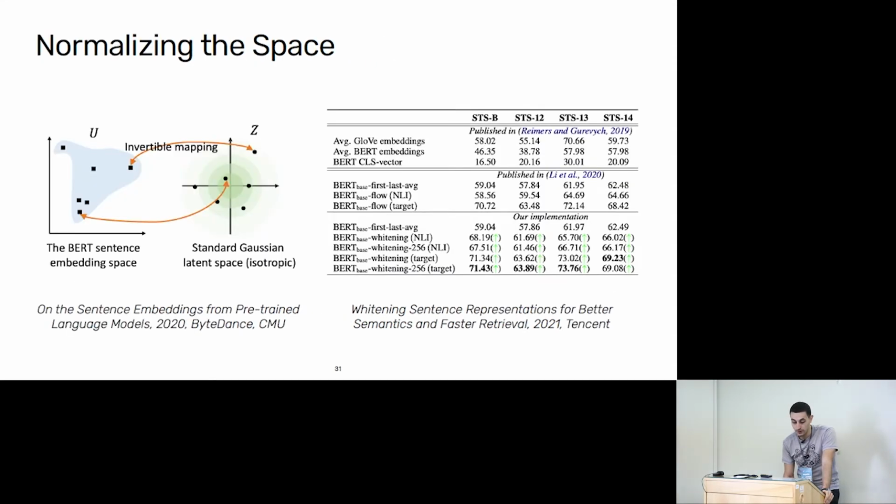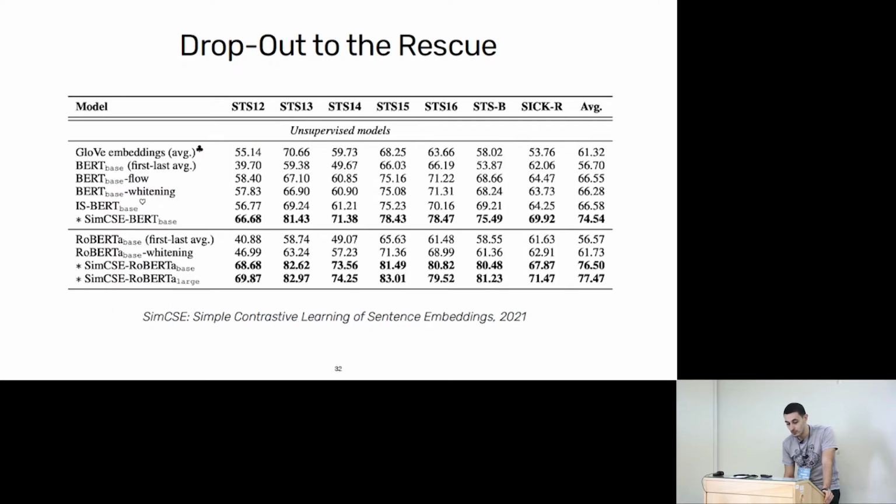So we've talked about BERT flow and the whitening, but there's also this SimCSE, where we did dropout on the information that propagates through the network. Such a simple trick. It's entirely unsupervised. You don't need any data preparation or anything like that. But they've, again, shown massive improvement even over the whitening procedure on top of RoBERTa. So going from 46.99 points to 69.87 points with just a little bit of noise on text. This is massive.